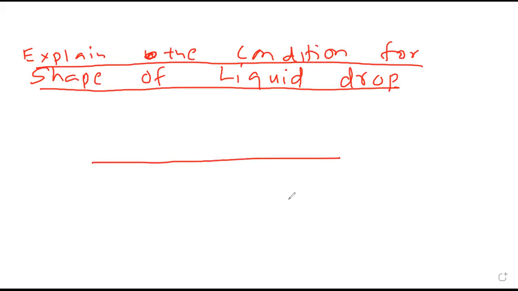So the third point, it increases with increase in temperature. Could you explain that point? See, suppose you increase the temperature, then the liquid will try to evaporate. That means it will try to leave contact with the surface. If it is leaving, it will try to become convex. Leaving means not touching, separating itself. So in that case, the surface will become convex because of that.